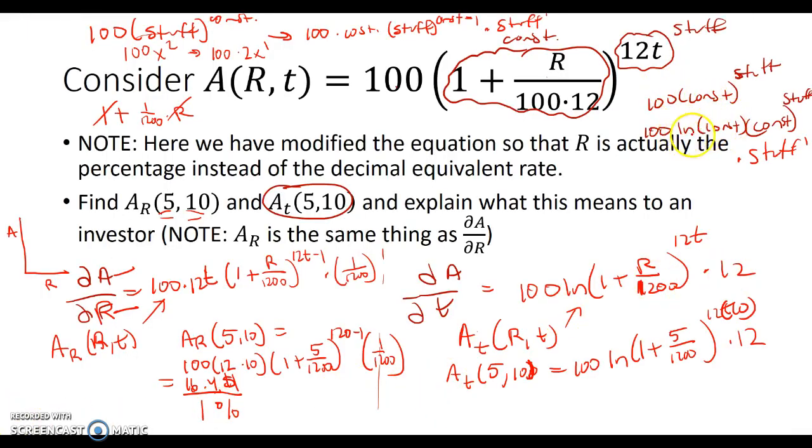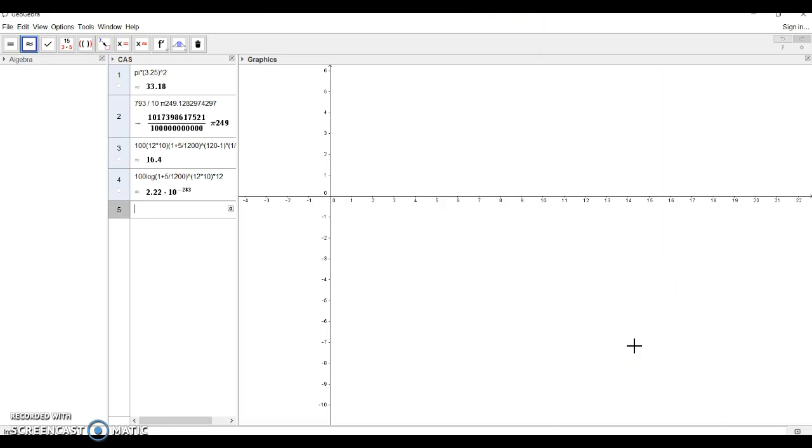In my mistake, I mistakenly again transcribed this incorrectly. It's 100 times the natural log of the constant. So in here, I should shove in 100 times the natural log of 1 plus r over 1200 times the natural log of 1 plus r to the 1200th to the stuff times stuff prime. And so I should have in here natural log of 1 plus 5 over 1200. And let's see how that changes things. So, oh, I don't need that natural log there. Okay, so let me change this